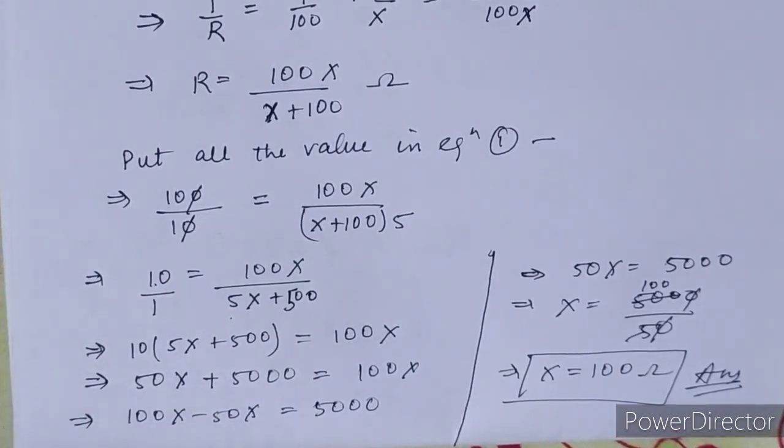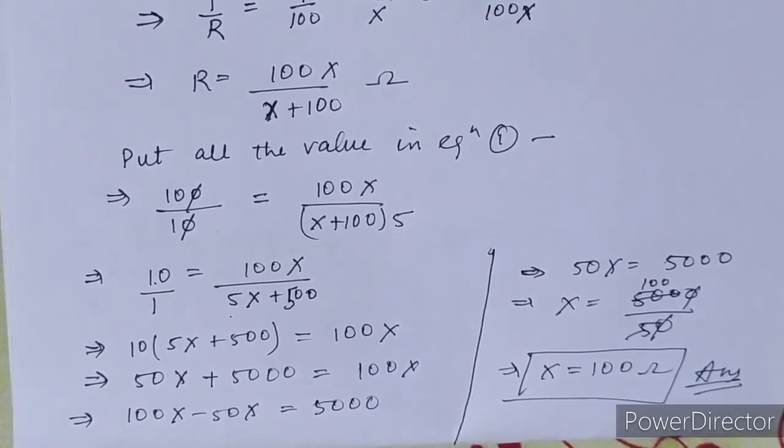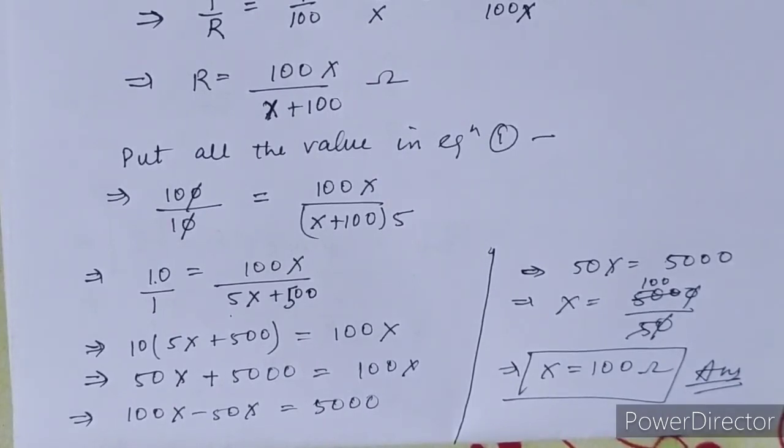It was a simple question as compared to the other question, because in this the condition applies that the Wheatstone bridge is in a balancing condition. So half of the question is solved at that point only. If it is in a balanced condition, then P upon Q is equal to R upon S. The balancing condition ratios we already know. So simply we have to put in all these values and calculate the value of X. So your answer is 100 ohm. Okay.